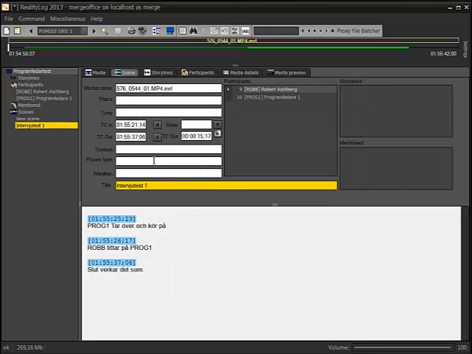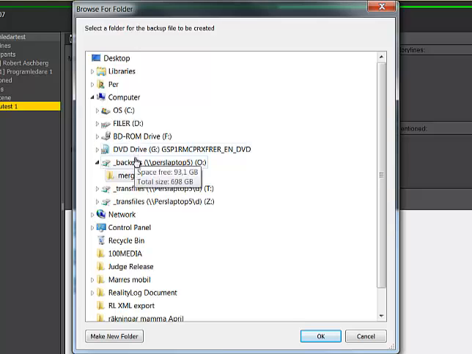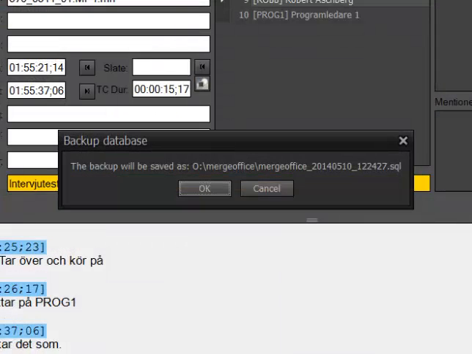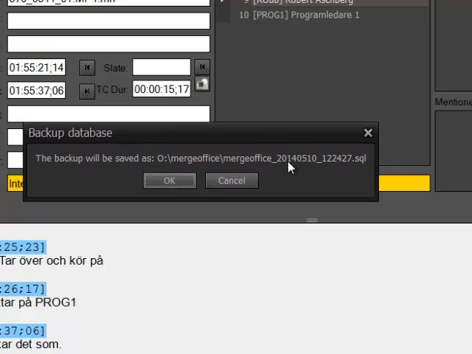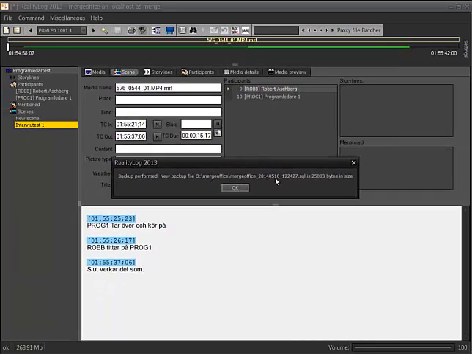Either you can just restart the program to see that this works, or you can go to miscellaneous and then go to backup project. It's going to default by choosing this merge office folder that I had selected in my settings. It's going to tell you the backup will be saved as blah blah blah .sql, and this is the important thing we're going to go through later on. It makes a file name with the project name followed by today's date, 2014-05-10, and then the time as it is right now. So I go OK, and if we are lucky, then this backup is made